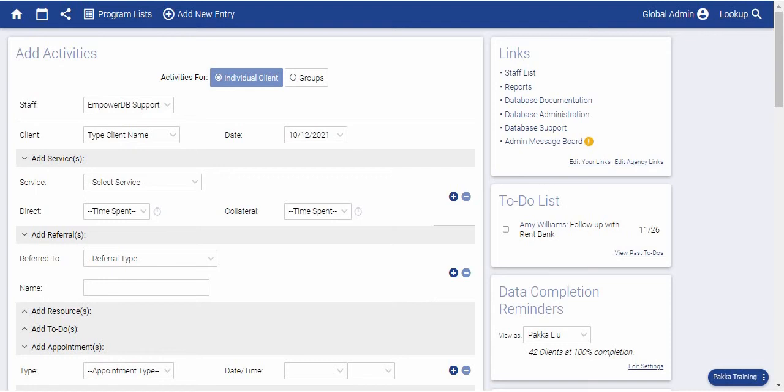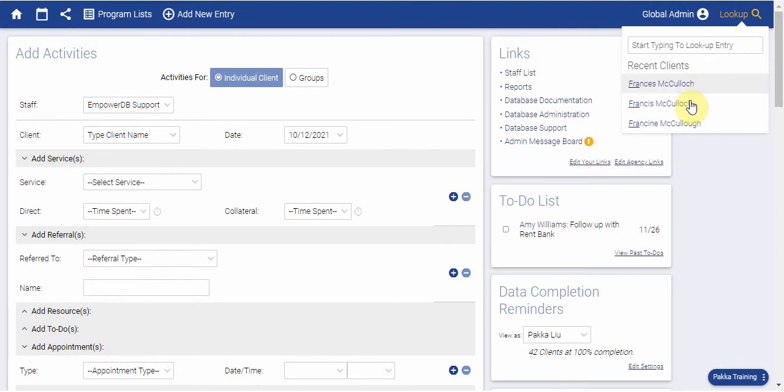So in this video, we're going to look at how to merge, delete, link and unlink client records. Even though we have our existing client check in place, sometimes we might end up with duplicate records in our database. We can see this, for example, with my name, that there might be several different ways that someone might have spelt it. Okay, so what I want to do in this case is merge some of these records